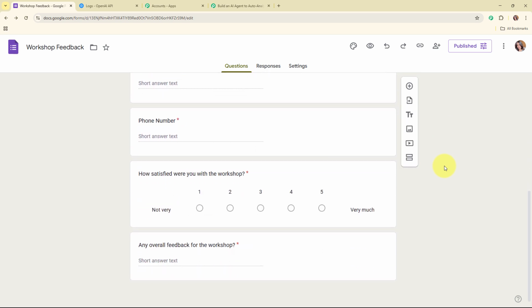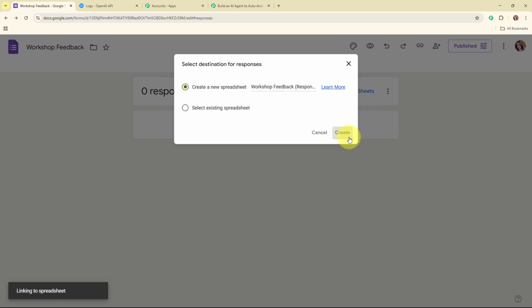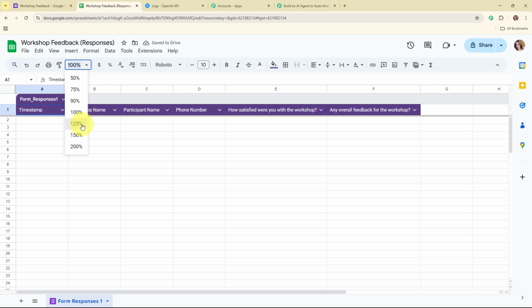and here you can see the fields as well. So now after creating the fields, I'm going to connect this Google form with Google Sheets so that I can capture all the responses of my Google Form in an organized format, that is in Google Sheets. For that you need to click on this responses, and from here you will be able to see the option of link to sheets. So I'm going to click it over here, and then I'm going to create a new spreadsheet for the same. And here you can see we have successfully created a new spreadsheet.